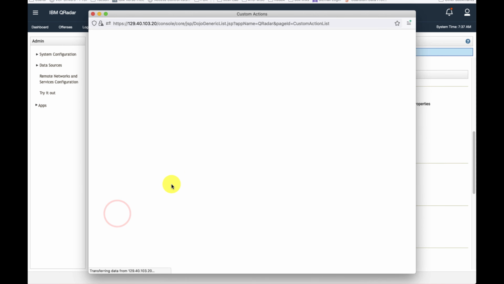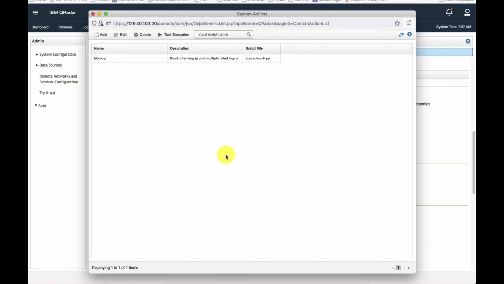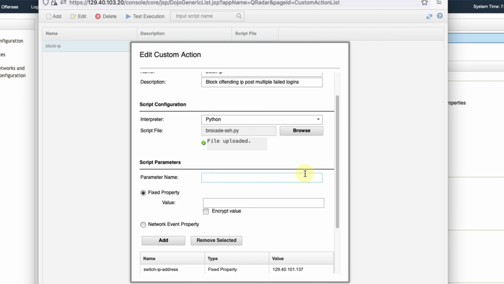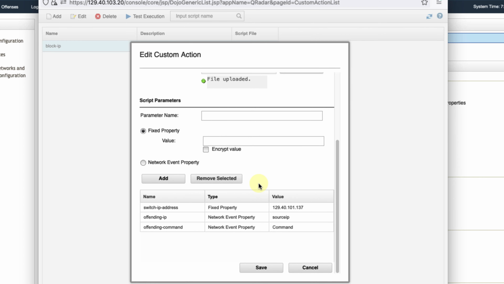Now, if you want to see where those actions are stored, you can click here, and there it is, the block IP script. And I'm actually going to bring it open. And by the way, if you want to take a look at the script, this is where you would actually browse and you can do more of it. But you can see where it's actually looking at that particular script, using those particular properties from the syslog file to then intelligently and surgically block attackers.